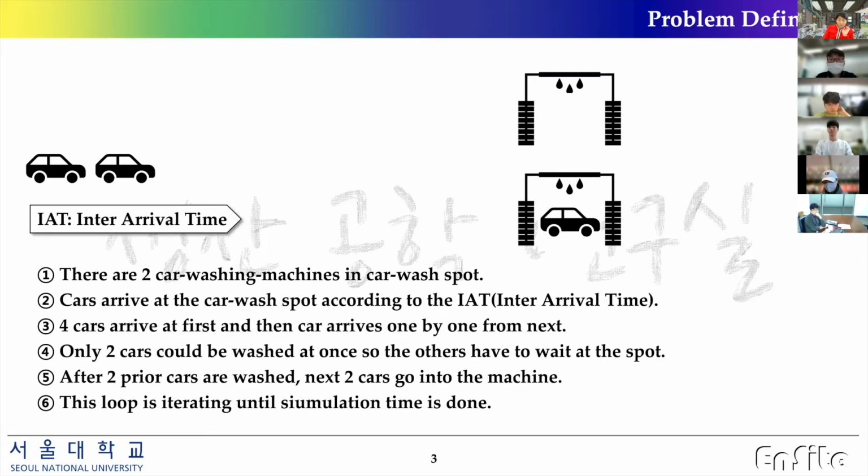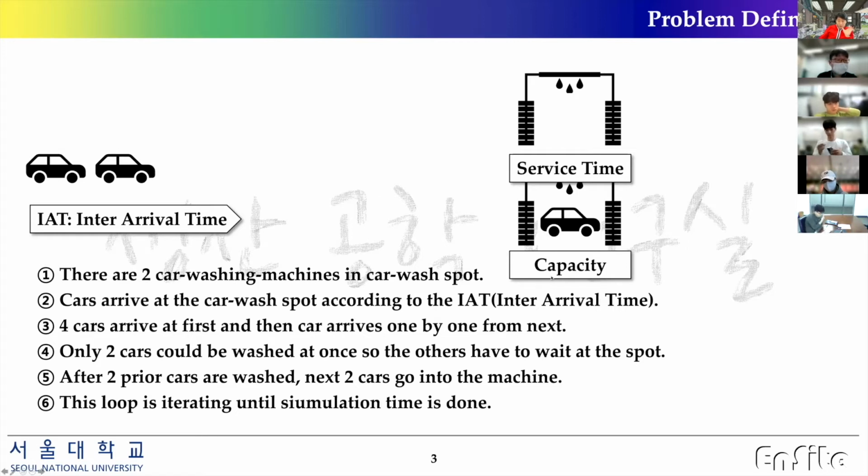So in this problem, first variable parameter is inter-arrival time. That inter-arrival time is the duration between each car's arriving. And the second parameter is the service time of each washing machine. In this example, these 2 times will be modeled as a stochastic distribution. Also, there is one more parameter, that is the capacity of the washing machine. In this figure, there are only 2 washing machines, so this capacity is not the number of it. This capacity is the,